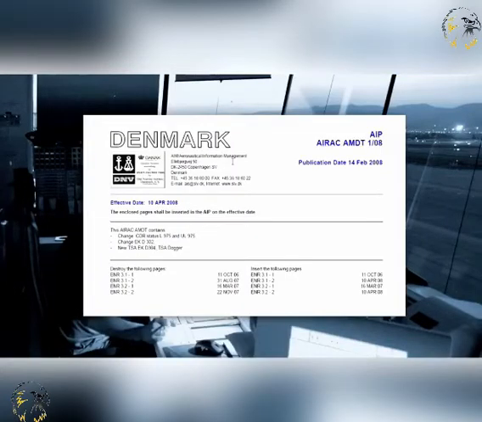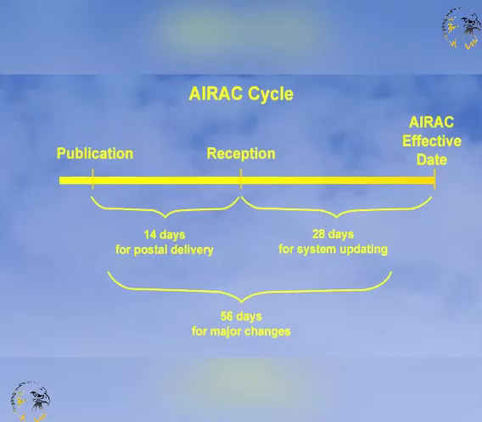In short, it defines that in all instances, information provided under the AIRAC system shall be published in paper copy form and shall be distributed by the Aeronautical Information Service unit at least 42 days in advance of the effective date, with the aim of reaching recipients at least 28 days in advance of the effective date. If major changes are planned where additional notice is desirable and practicable, a publication date of 56 days in advance of the effective date shall be used. You should remember these dates.